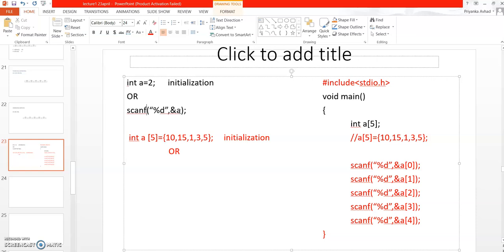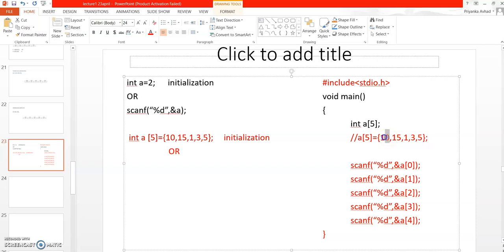In the same case, if you want to accept values for arrays, there are two ways. The first way is you can directly initialize values for that array, which we have already seen. But if you want to accept these values from the user, that means you have to use the scanf function in all those cases. That means for 5 values you have to write 5 scanf, because the positions for all the elements are different.